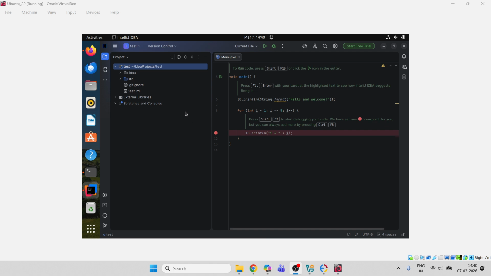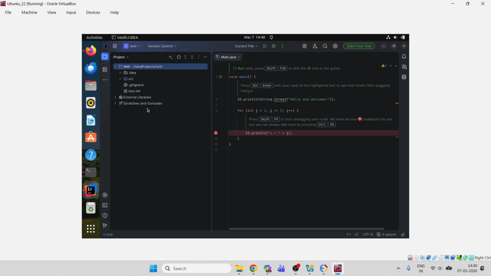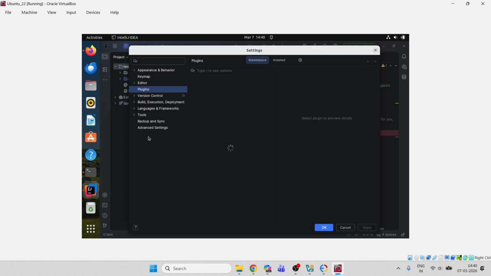What you have to do is simply start the IntelliJ IDEA application on your system, click on the left side, and go to settings. Once you are in settings, you can see a tab called plugins. You have to click here, and then in the search bar, you can see two tabs,